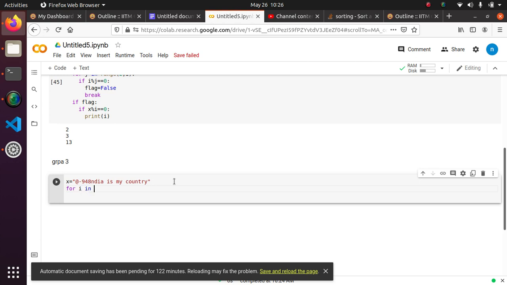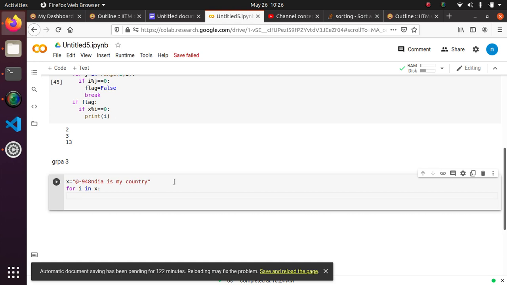For i in x, x equal to... i.isalpha(), this should be under an if condition. If i.isalpha(), so I'm just checking that i is alpha or not.